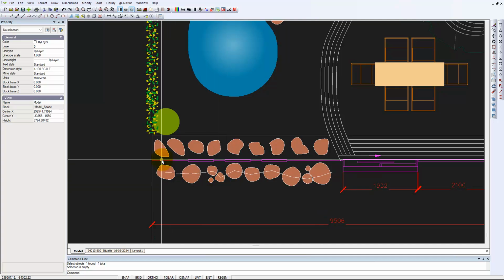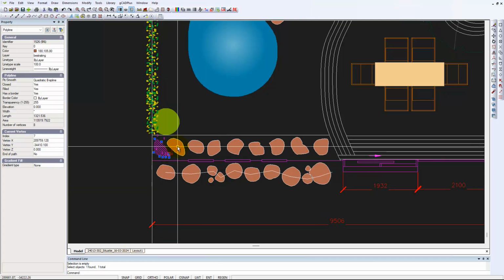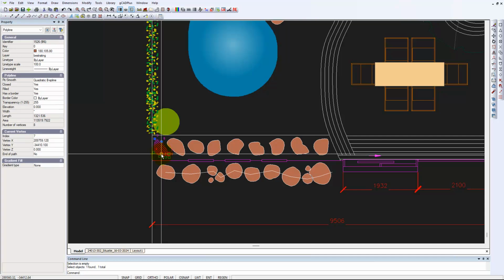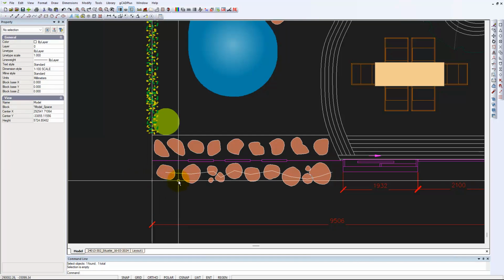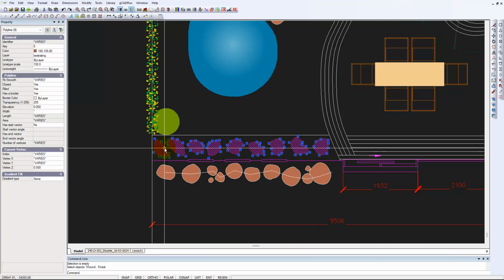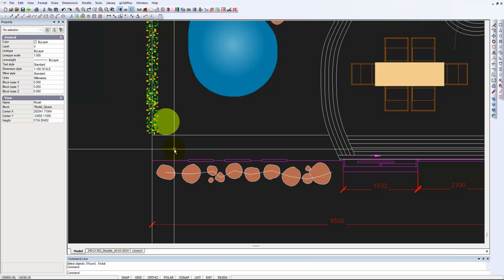And I've taken the color and layer and so on of this here and moved it onto here. But the Dutch word for paving is bestrating, and so I've put this on a new layer as well. So ultimately we're going to get rid of the layer of paving bricks through here and put the new layer